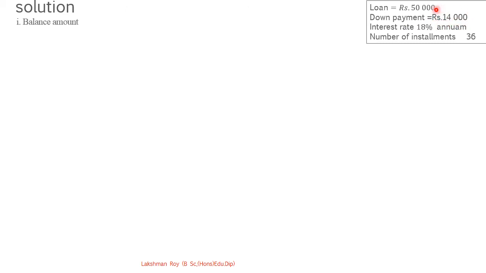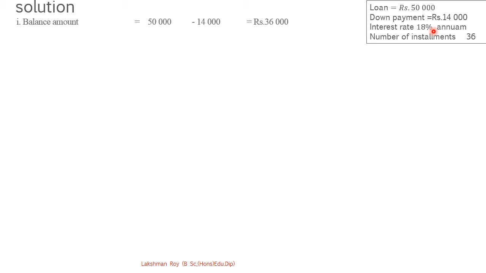You have to subtract the down payment, that means subtract the 14,000, then you get 36,000 rupees. So this is the balance amount. For this balance amount, they plan to pay in 36 monthly installments with the 18% reducing balance interest